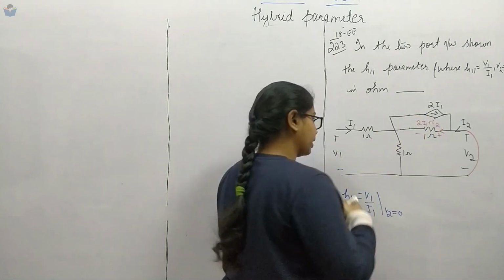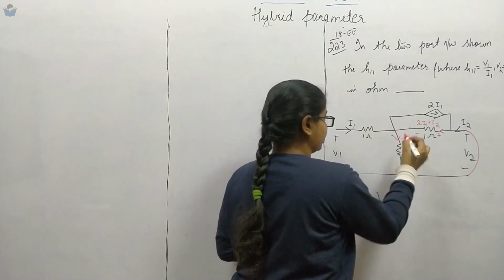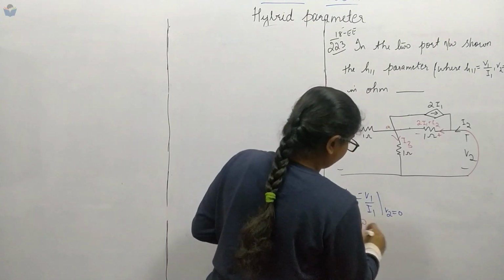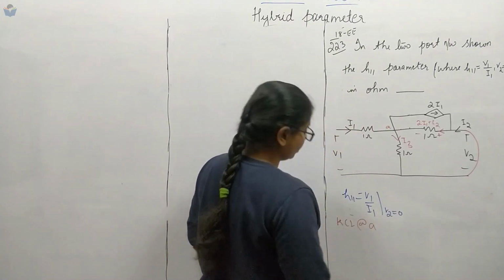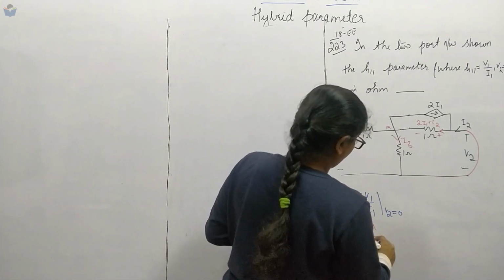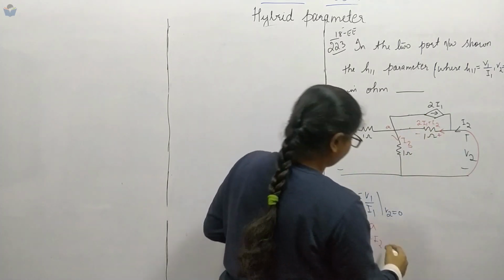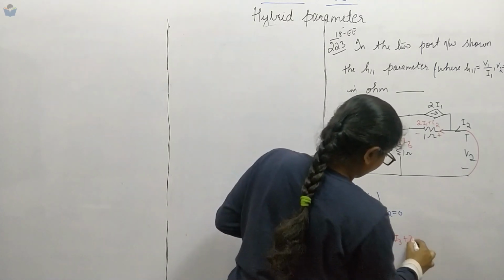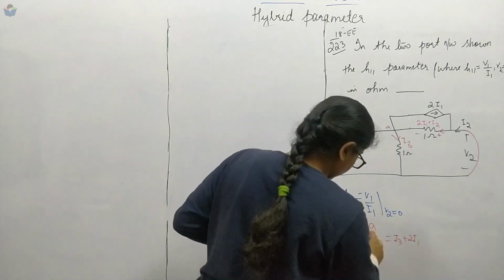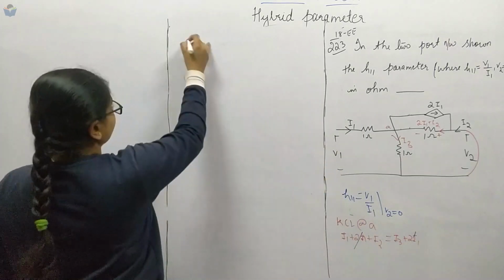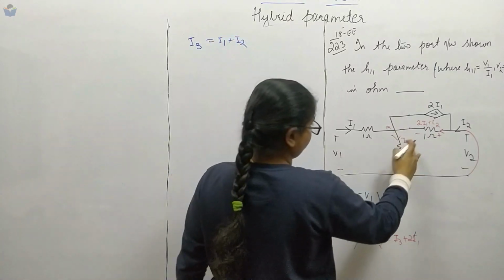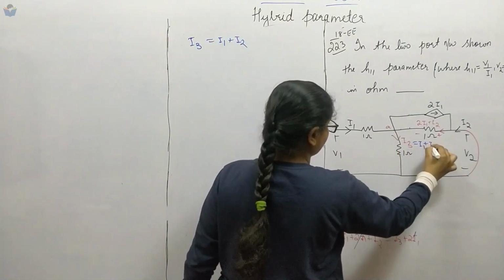So let us assume that the current in the 1 ohm resistor here is I3 and this is node A. So we will apply KCL at A. What are all the incoming currents? I1 plus 2I1 plus I2. This is I3 plus 2I1 outgoing, right? So what will our I3 be equal to? This and this get cancelled. I3 is nothing but I1 plus I2. So the current flowing in this one is I1 plus I2.